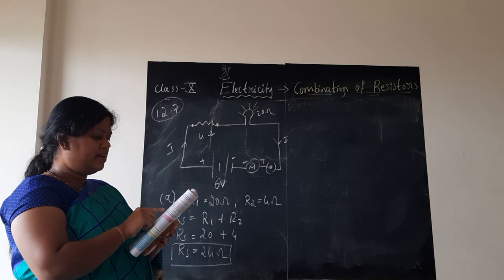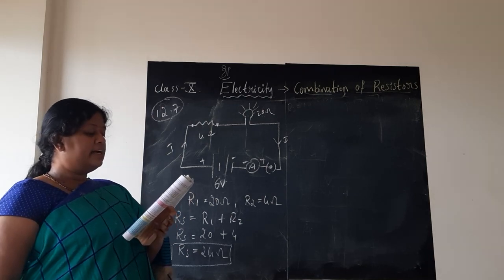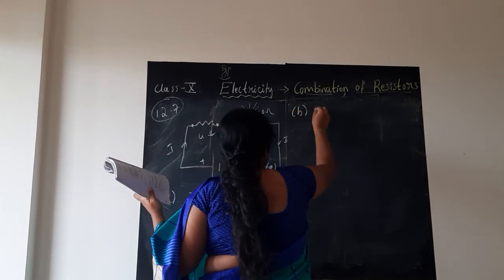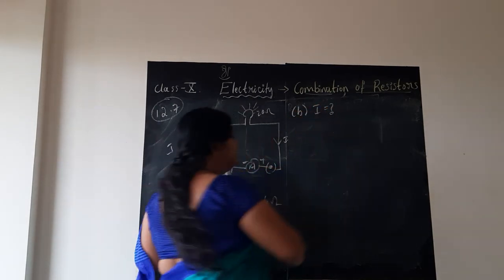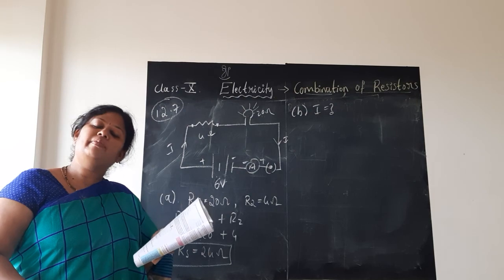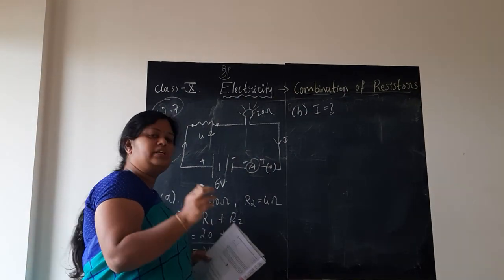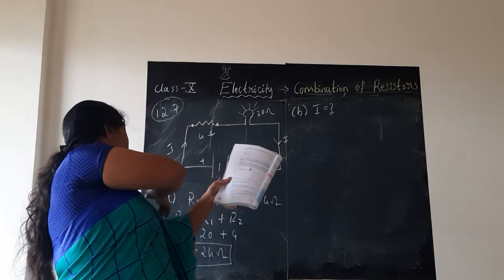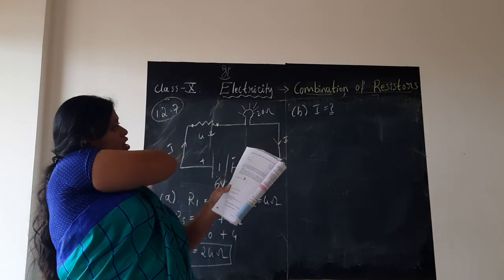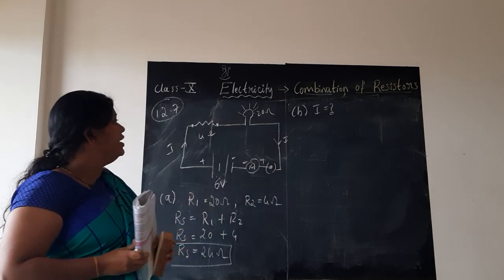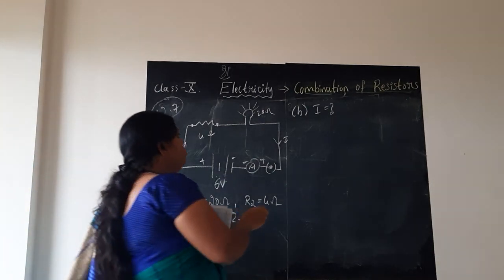In the second part they have asked us to also calculate the current through the circuit. In the B part we need to find out the current. So here we should make use of Ohm's law, children. I said Ohm's law is very important. We use it almost everywhere when solving problems, whenever it comes in terms of current, voltage and resistance. Now we are asked to find the current. So from Ohm's law,